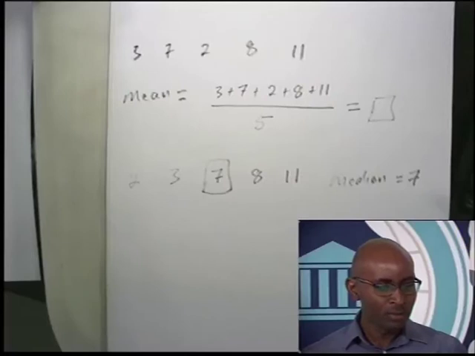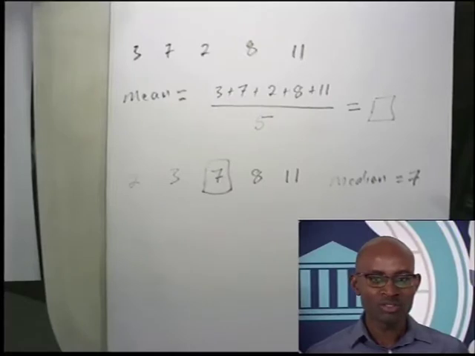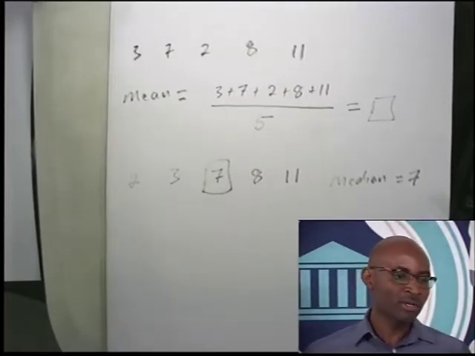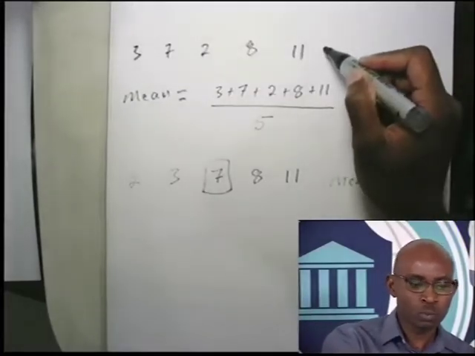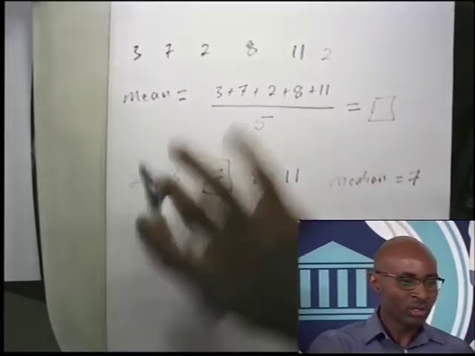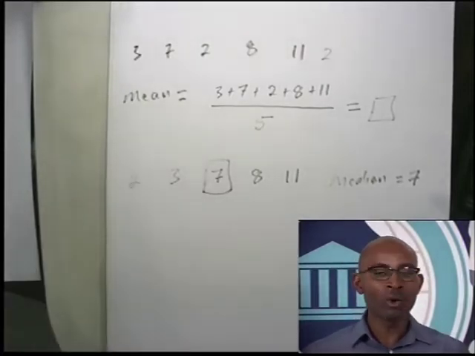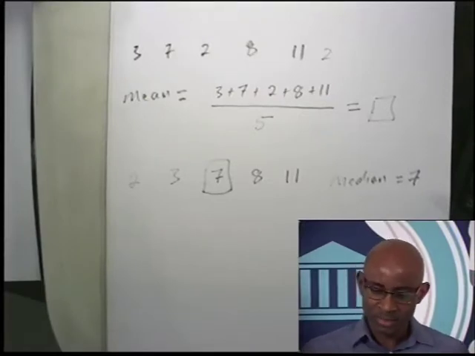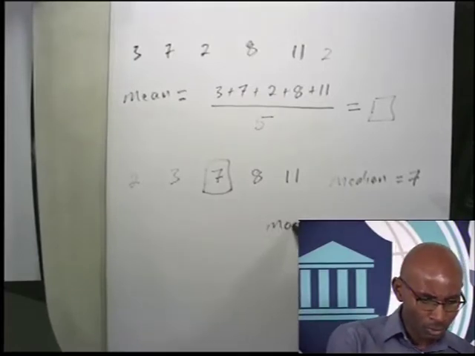And then the mode is the number that appears more frequently. Now, in our case, we don't really have a mode because each number is appearing once, but just for argument's sake, if we add another one, say 2 here, then 2 will be appearing twice in our data set, and the rest are only appearing once. And therefore, the number that's appearing the most is 2,